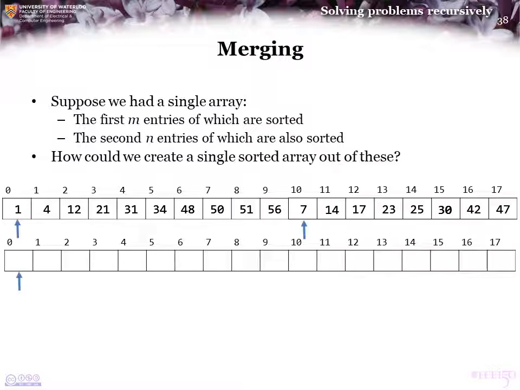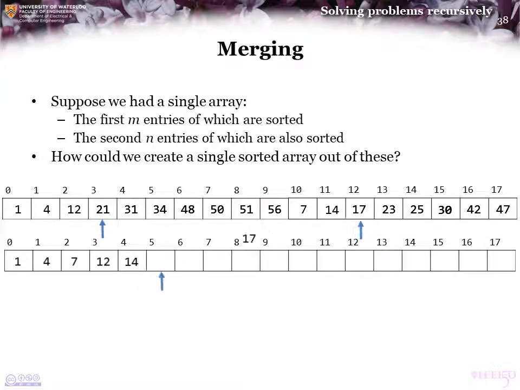As before, we would have indices pointing to each of the appropriate entries: the smallest entry in the first array, the smallest entry in the second half of it, and the location in the new array to which we will copy the next smallest entry. And then, as before, we proceed as follows. We copy down 1 and then 4. Then we copy over 7 and 12,